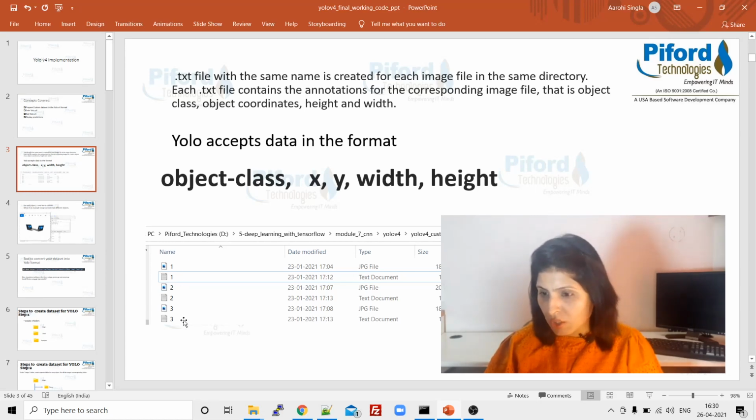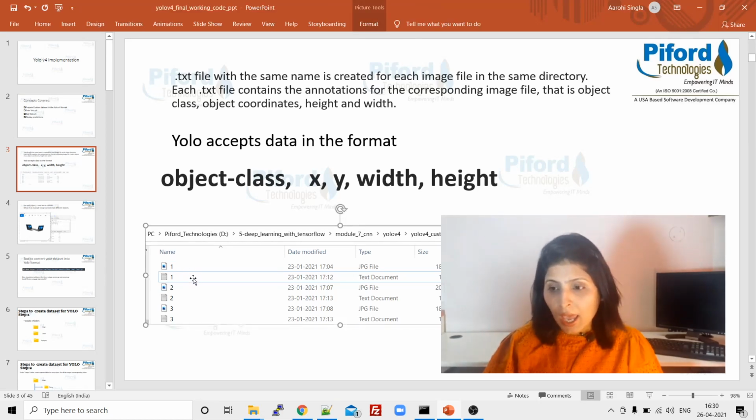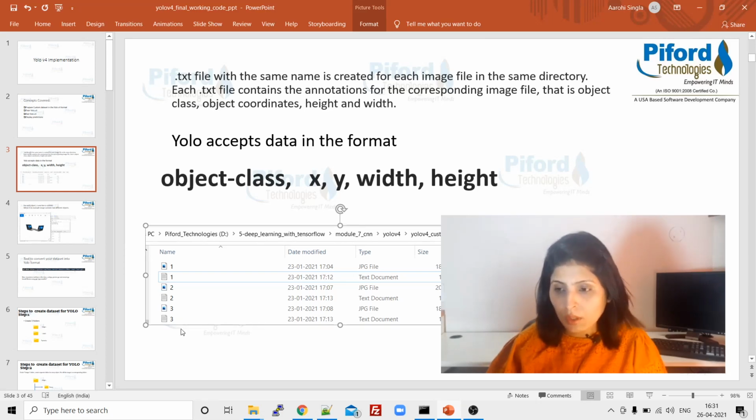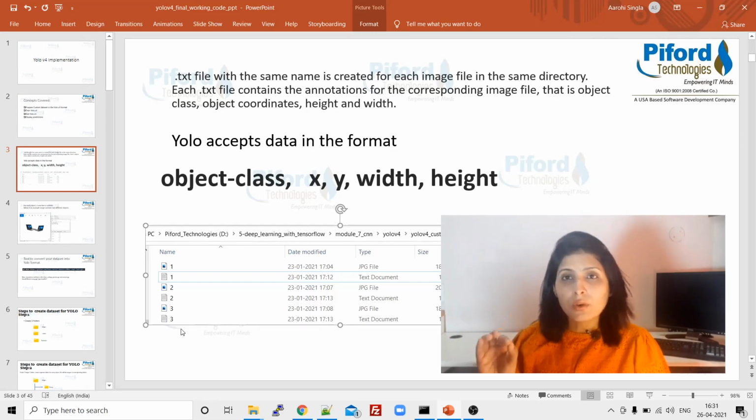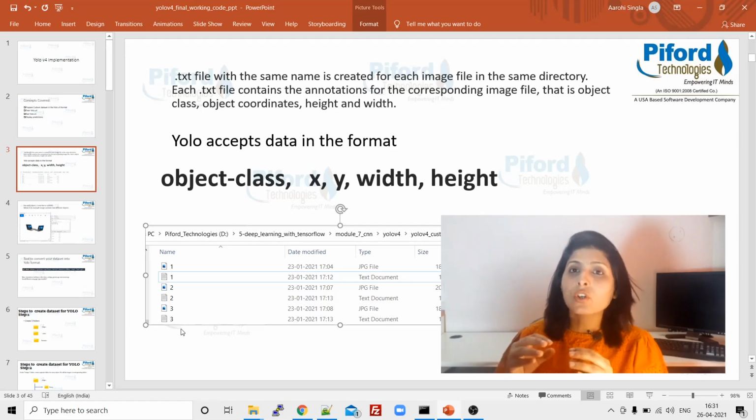See this picture over here. First of all, I have a picture with the name 1, and then I have a text file with the same name. The image name and the text file name are similar. Then I have another image with the name 2, and a related text file with the name 2 only. In the same way for the third image also. What I'm trying to say is, we are going to have an image, and for every image we are going to have one text file. That text file will have the coordinates, the annotations of that particular image.